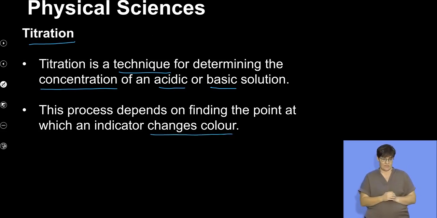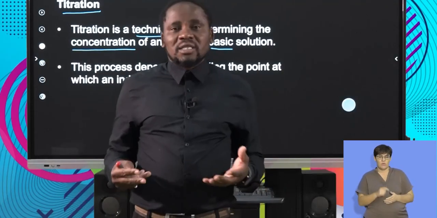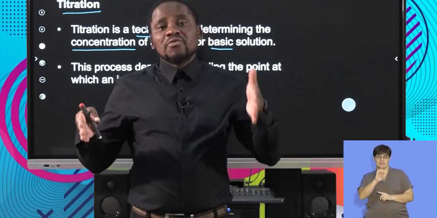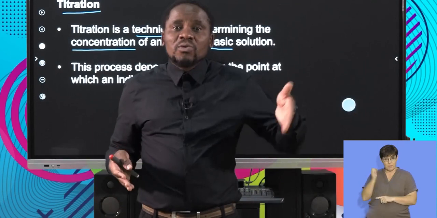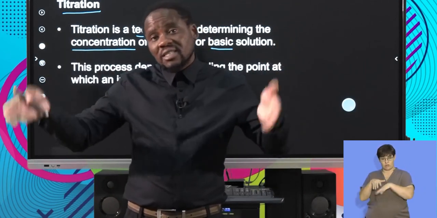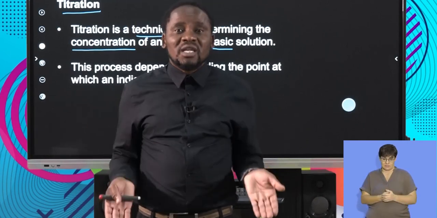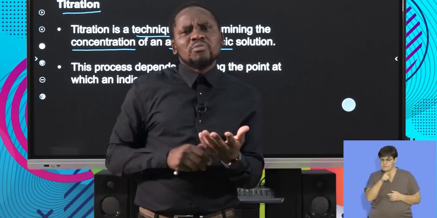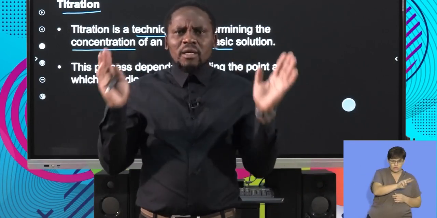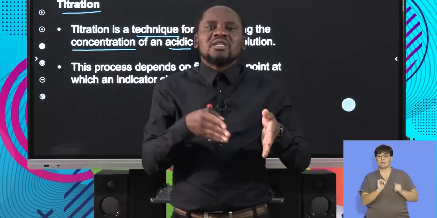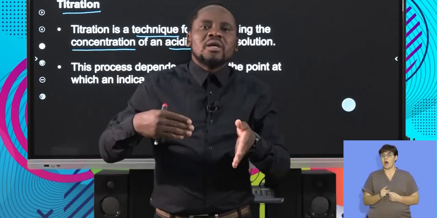Right, we've given examples of some of the indicators that one may make use of in an acid-base reaction. So if we are to determine the unknown concentration of one of the two, either an acid or a base in a neutralization reaction, we would make use of an indicator. We'll keep track of quantities, that is volume, concentration, and a whole lot of issues. But the main thing is that the role of the indicator is to show us when a reaction has